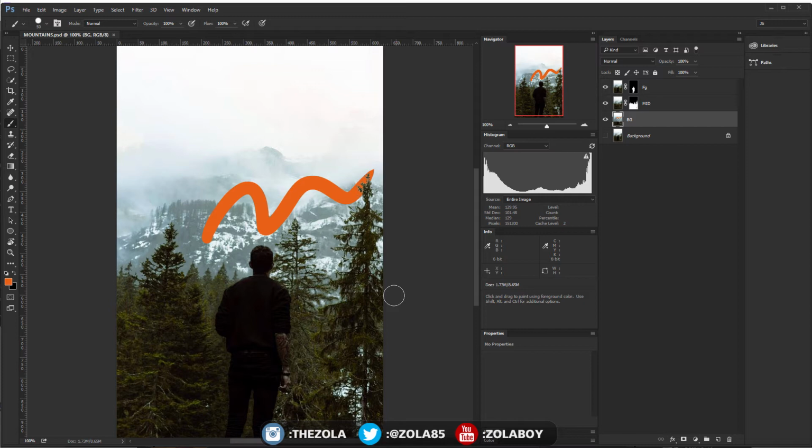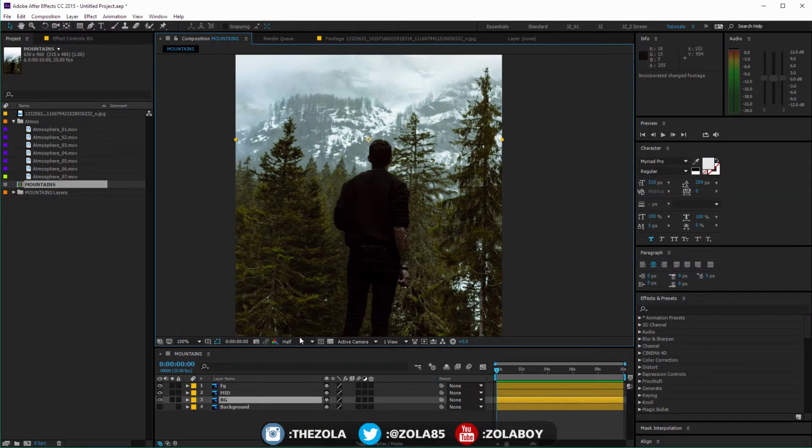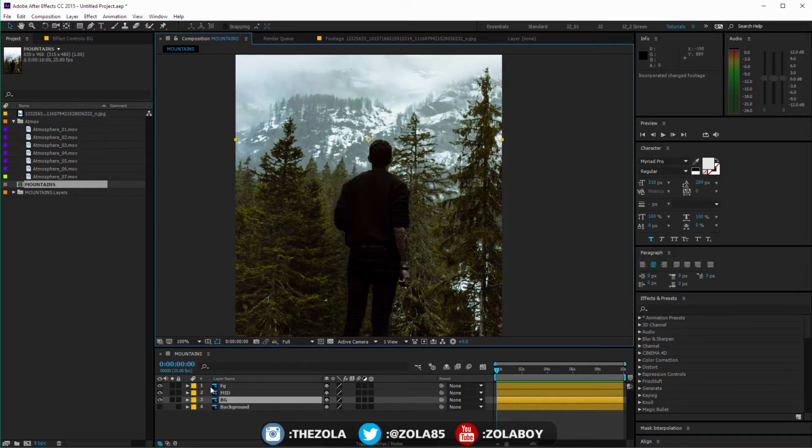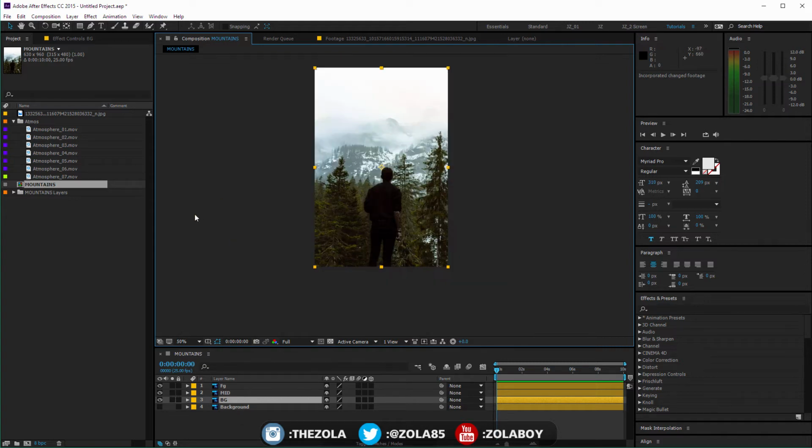So why that is useful is you'll see later on when we're doing the camera, because we'll find that if there is a bit that we need to clone, we can go back and just clone that area and it will update in here and stuff. So that's kind of useful.